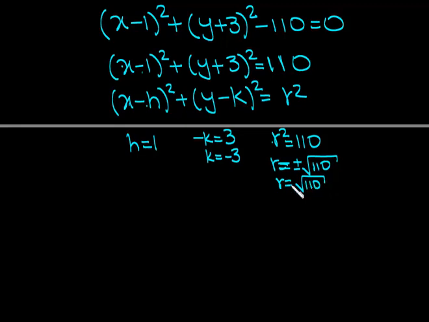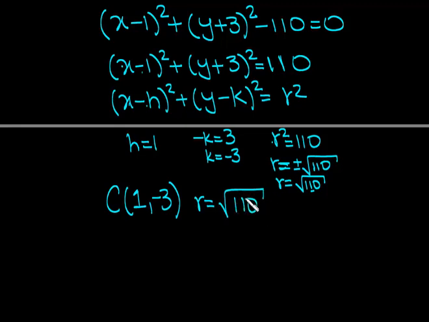R is a distance, so we don't need to worry about the negative number. And this cannot be broken down further. It would be nice if it could, but it cannot be broken down any further, so that is going to be our answer. Okay, alright, so my center is at (h, k) equals (1, negative 3),